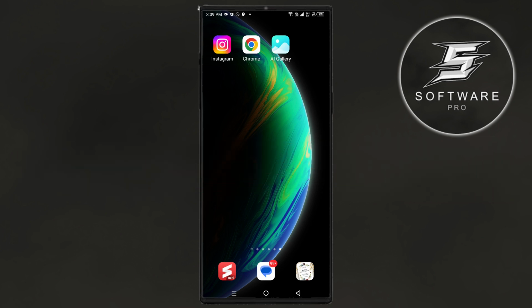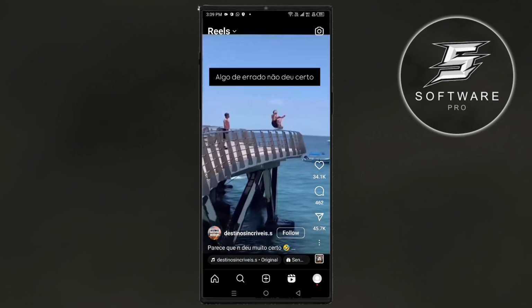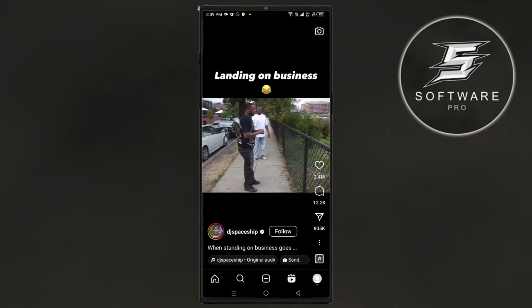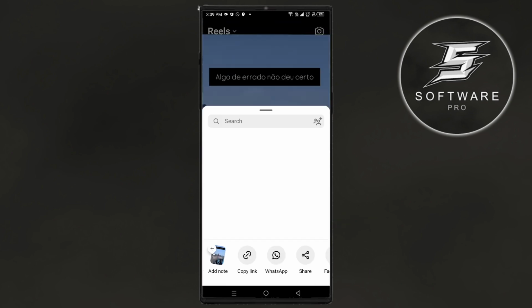First, open the Instagram app on your mobile and then select the reel you want to download. For example, if I want to download this reel, I'll click on the share button at the bottom right corner of the reel, and then at the bottom, click on copy link. Once you copy the link,